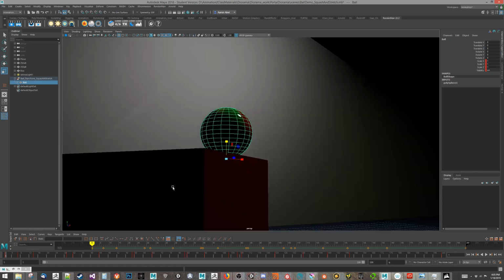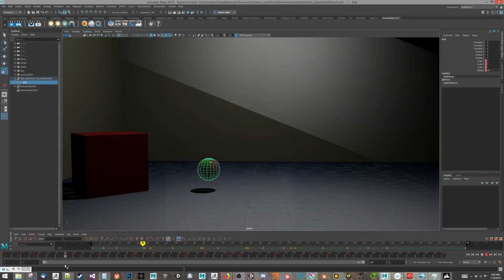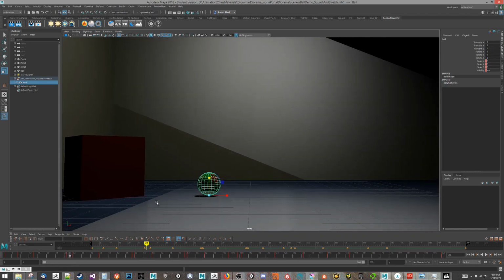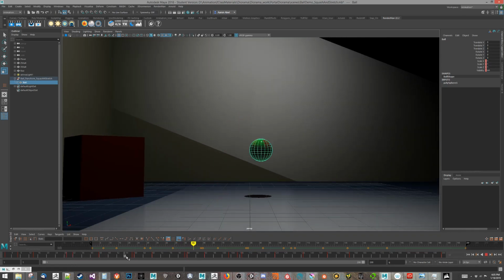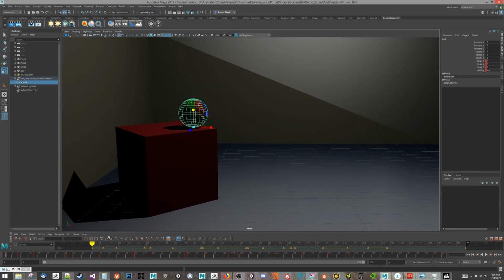But I think this has probably made a slight error or adjustment. Nope, we still hit the bottom just fine. Okay, excellent. What's very important when you're doing squash and stretch is that you maintain the overall sense of